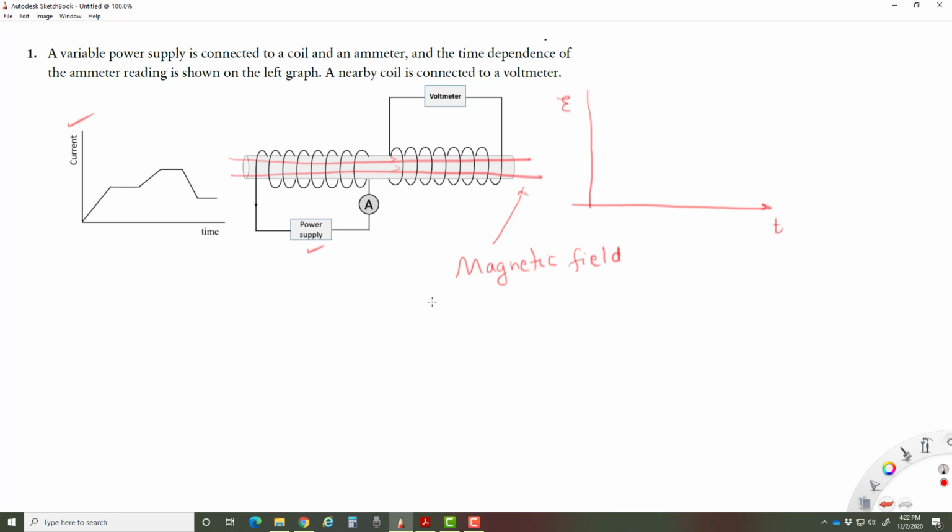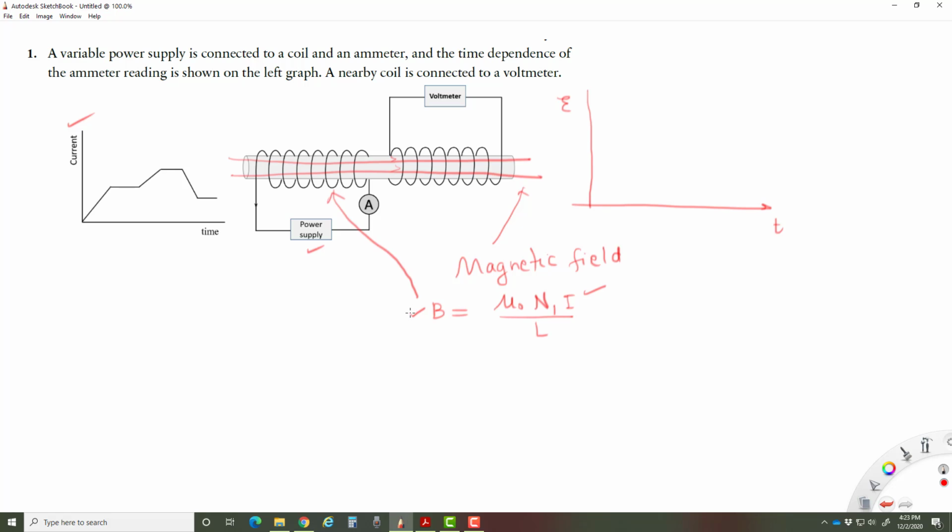We know the magnetic field of the solenoid is mu naught times the number of turns in this coil, let's call that N1, and current over the length of this coil. So that's the magnetic field produced by the coil due to the current, and because the current is changing,